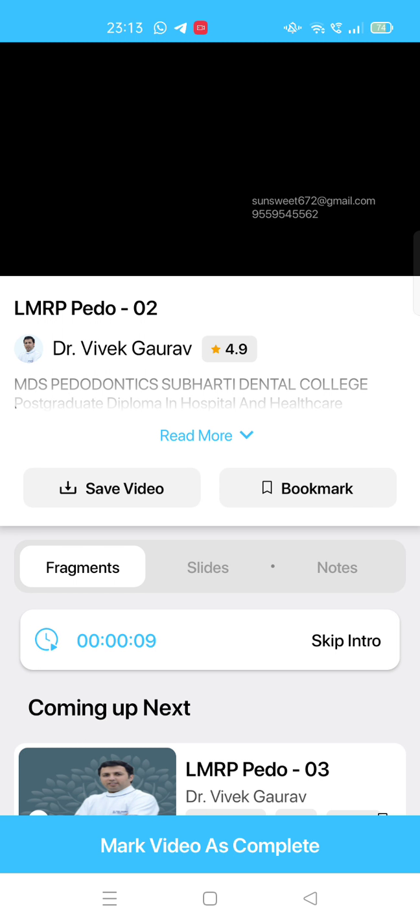formocresol pulpotomy was introduced by Sweet, and another important thing is that formocresol is always used in a ratio of 1:5. This 1:5 is basically made with three parts of glycerine, one part of distilled water, and one part of Buckley's formocresol. Now, this one part of Buckley's formocresol again has a composition of 19% formaldehyde, 35% cresol, and 15% glycerine.